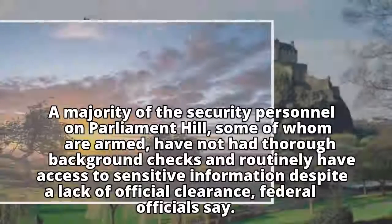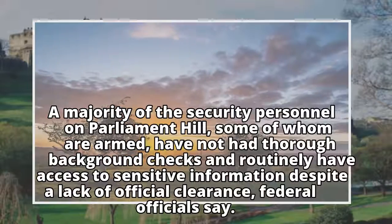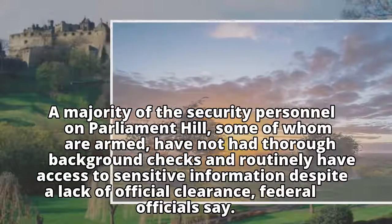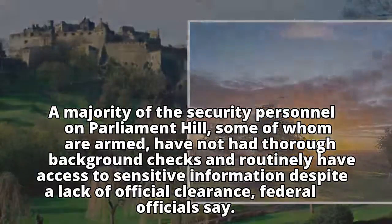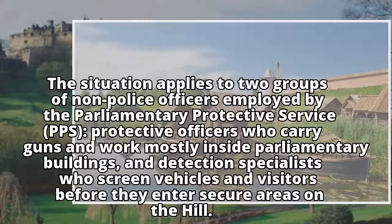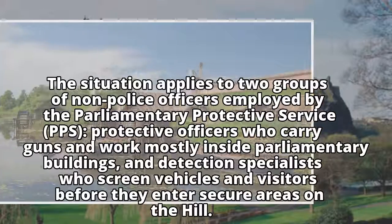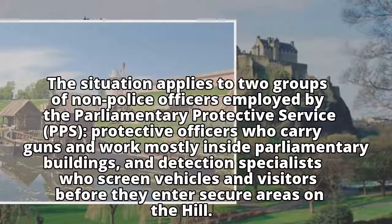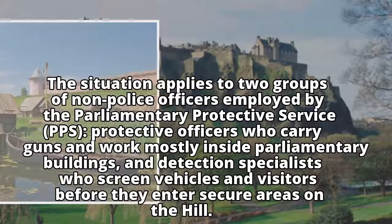A majority of the security personnel on Parliament Hill, some of whom are armed, have not had thorough background checks and routinely have access to sensitive information despite a lack of official clearance, federal officials say. The situation applies to two groups of non-police officers employed by the Parliamentary Protective Service, PPS: protective officers who carry guns and work mostly inside parliamentary buildings, and detection specialists who screen vehicles and visitors before they enter secure areas